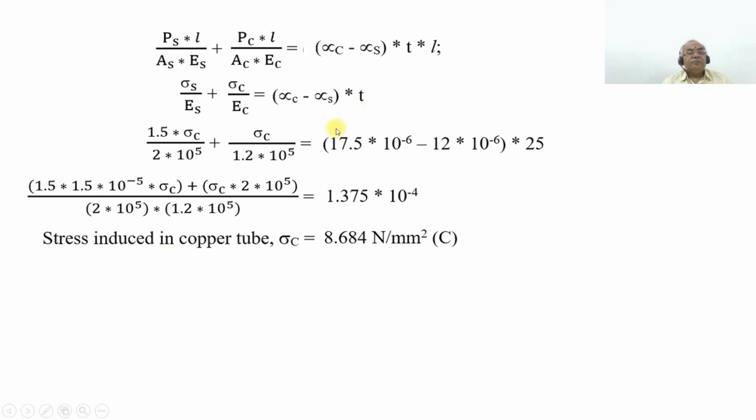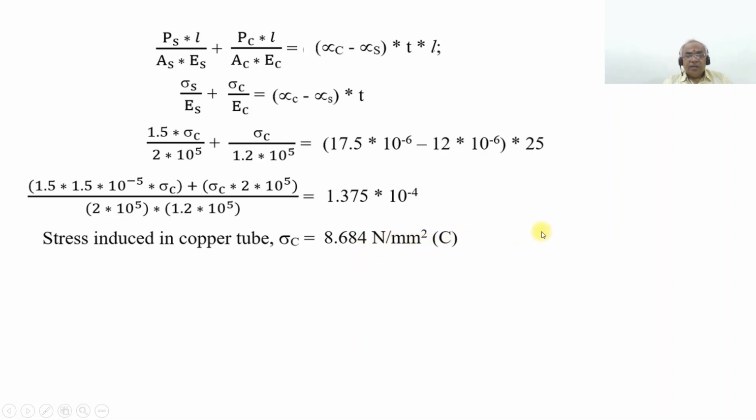So what we are doing here is basically taking the LCM, that is 1.5 into sigma C into 1.2 into 10 to the power of 5 here, and sigma C into 2 into 10 to the power of 5, divided by 2 into 10 to the power of 5 into 1.2 into 10 to the power of 5, which will be equal to 1.375 into 10 to the power of minus 4 on simplification of this. So stress induced in the copper tube will be equal to sigma C. When you cross multiply and divide, sigma C will be equal to 8.684 Newton per mm square,